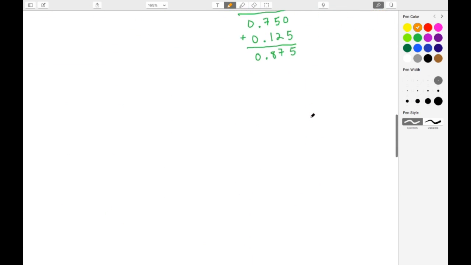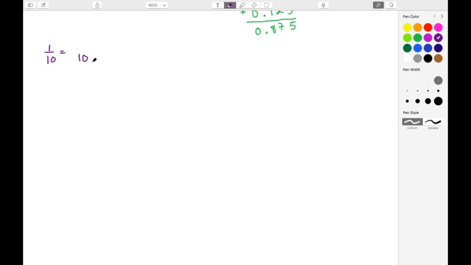Those are the eighths, and let's finish up with the tenths. And again, the tenths should be pretty easy. So I have my numerator, which is 1, my denominator of 10. That denominator becomes my divisor. My numerator becomes my dividend. I add a decimal point and some zeros. Bring up my decimal point.